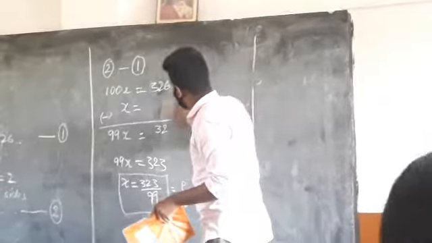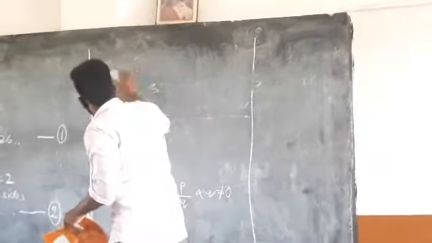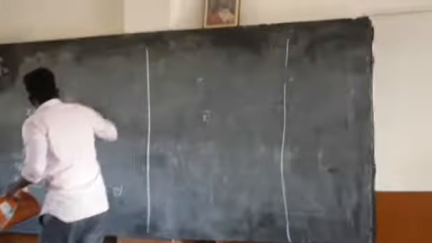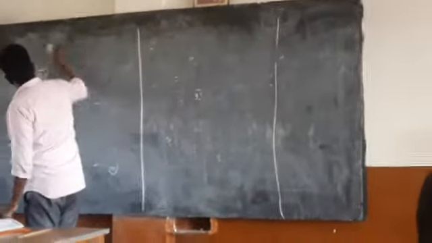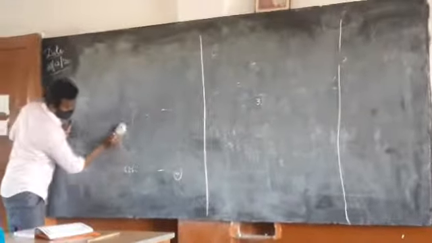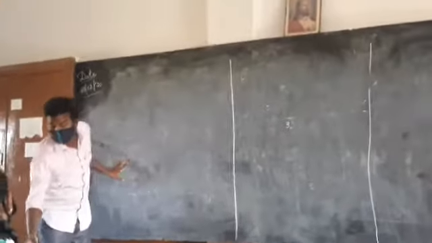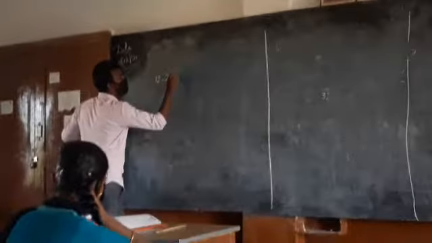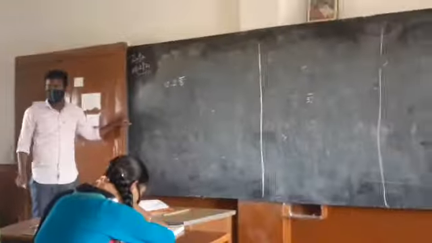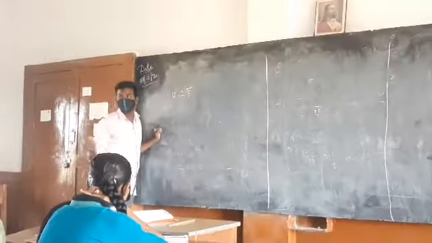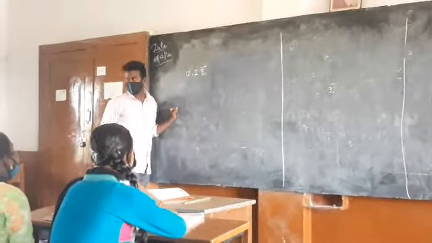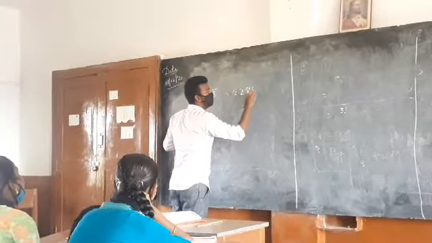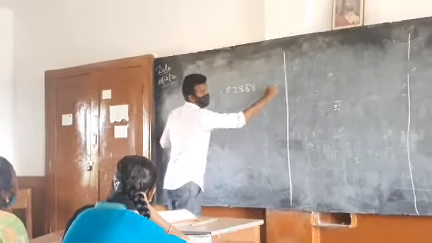Now let me do another such problem of recurring decimals, then you will be more clear. I'm going to take a quite different recurring decimal than our previous problem: 12.28 bar. Look here carefully. The repeating decimal here is 8. So what does it mean? It equals 12.288 and so on.